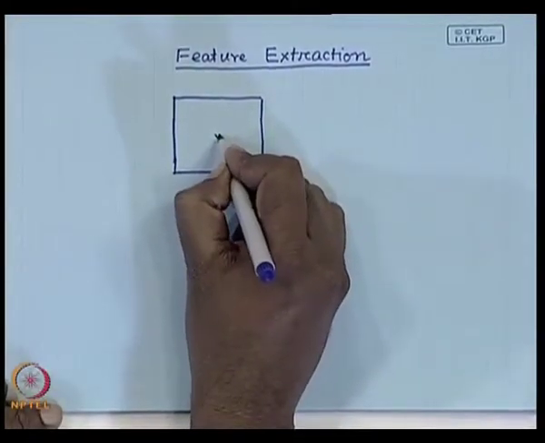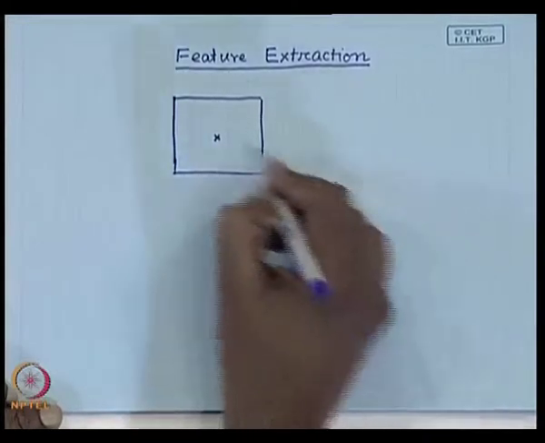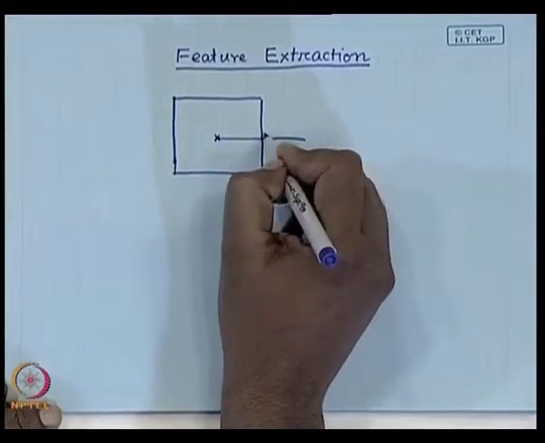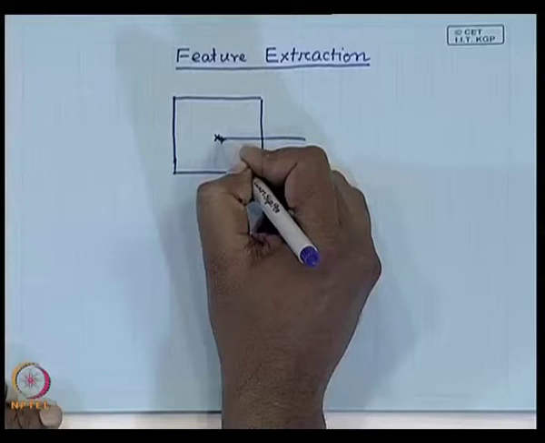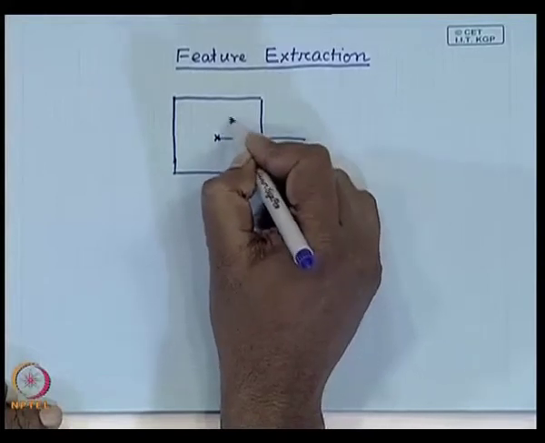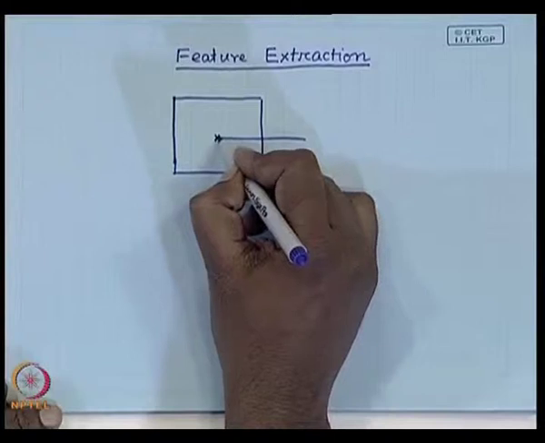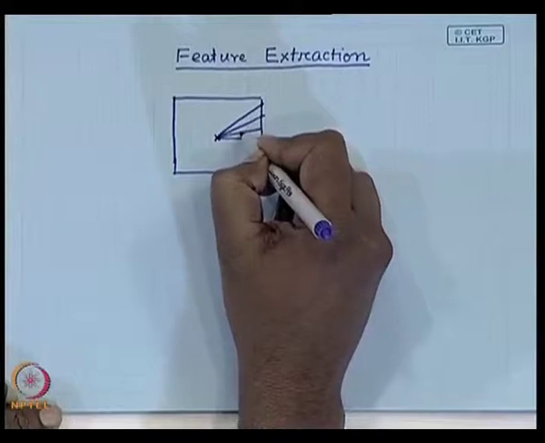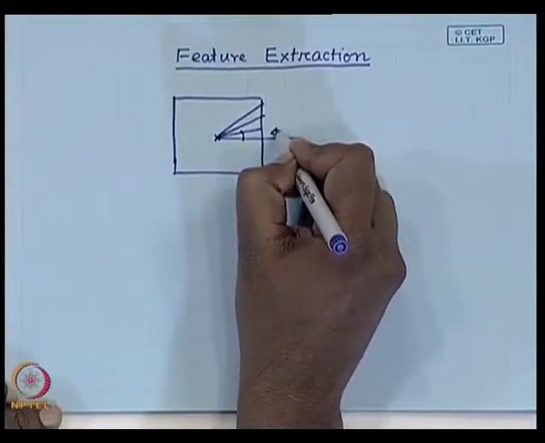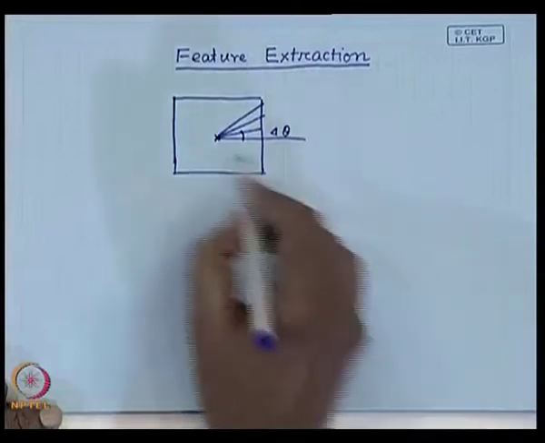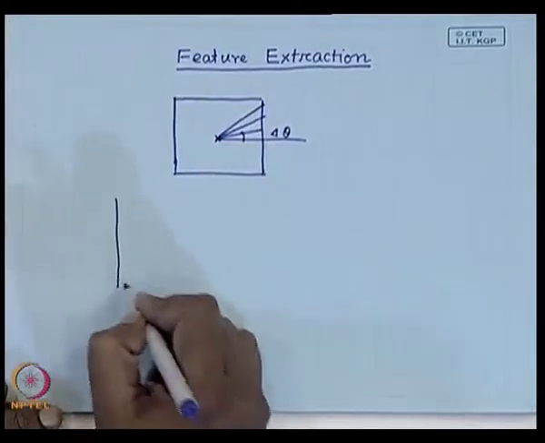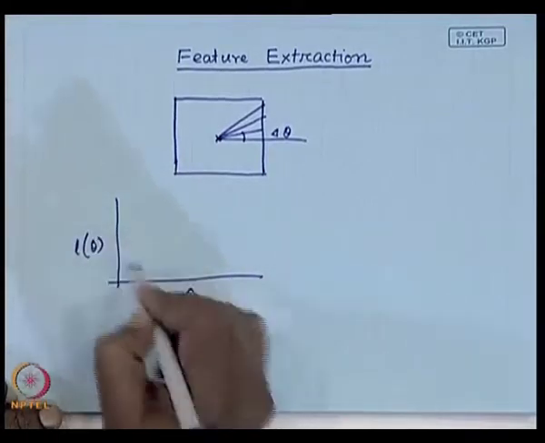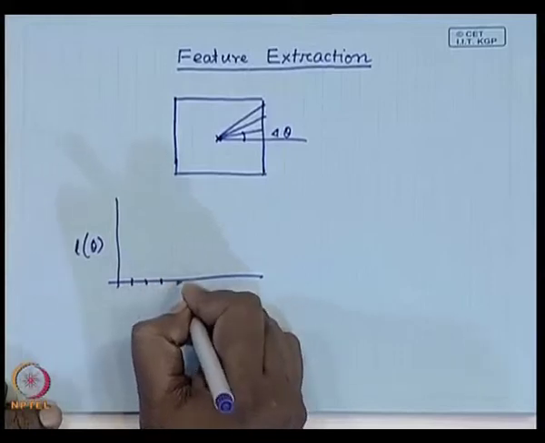do is find out the centroid of this two-dimensional shape, and if I take the horizontal line as the reference, then I have to find out the distance of the boundary points from this centroid at different orientations. So, if I take the orientation at an interval of, say, delta theta, something like this, this is delta theta. Then, if I plot theta versus L theta, where at every interval of